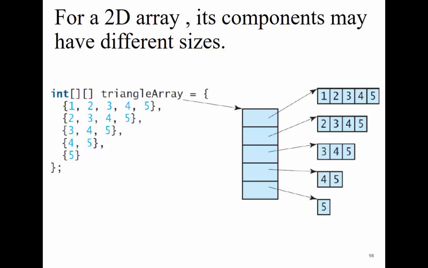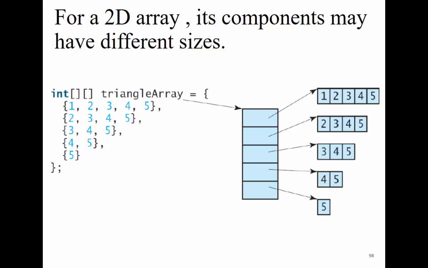Now, you can see this example. You can have a 2-dimensional array with different sizes. Oh, that's amazing. Okay? So you can have an array with different dimensions. So you can see here it is not only symmetric, 5 by 5 or 3 by 4 or something. You can see here the first element is an array of 5 elements. Here is 4 elements, 3, and this is 1 element. Okay, so you can do that in Java.